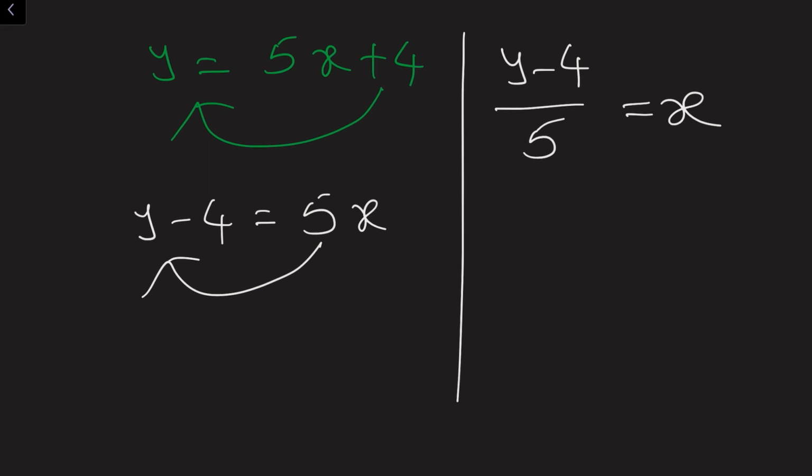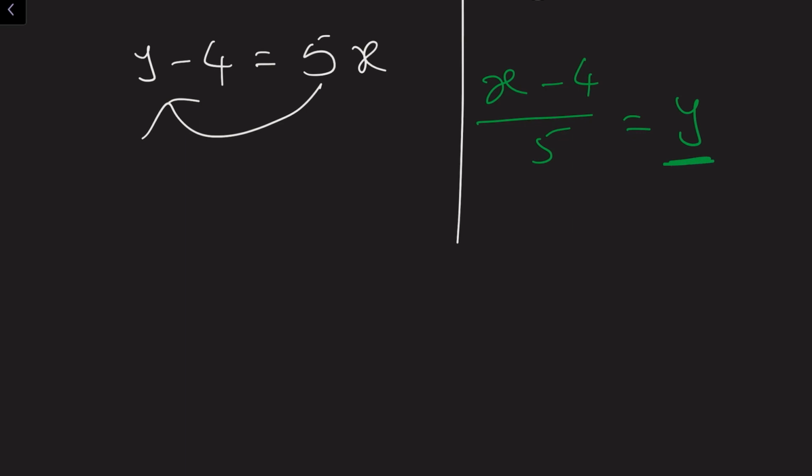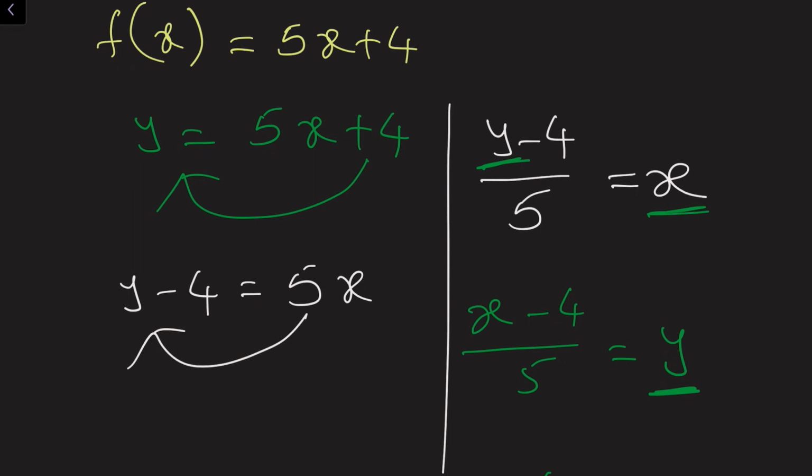Now interchange the x and y alphabets. Here y is there, so in the place of y write x. (x - 4)/5 equals, here x is there, so in the place of x write y. Sorry. This y is nothing but f inverse. So f inverse of x = (x - 4)/5. Oh, I'm really sorry. Actually, instead of doing the surjection, I found the inverse of it. I'm sorry, really. So till here only actually. These steps won't be there now.